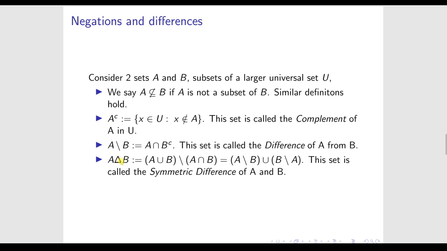By this notation we mean the symmetric difference of A and B. It is the set of all elements in A or B, but the element in this set must not be in both A and B. Hence, this is defined as A union B minus A intersection B. We can easily show that this is the same as (A minus B) union (B minus A).